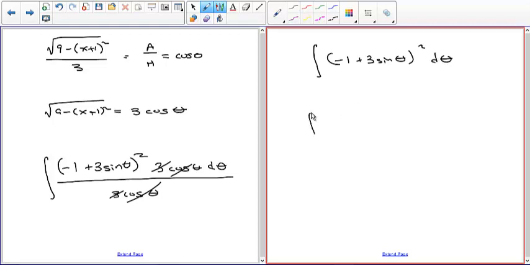So we'll get 1, negative 1 squared is 1. You'll have negative 3 sine theta, negative 3 sine theta again, so you'll have negative 6 sine theta, and 3 sine theta times 3 sine theta is 9 sine squared theta, and that whole thing is times d theta. So the first two are pretty easy. When you integrate 1, you get theta. The second one you integrate, you'll get cosine of theta. And the third one, we have to use one of those power reducing formulas, which,